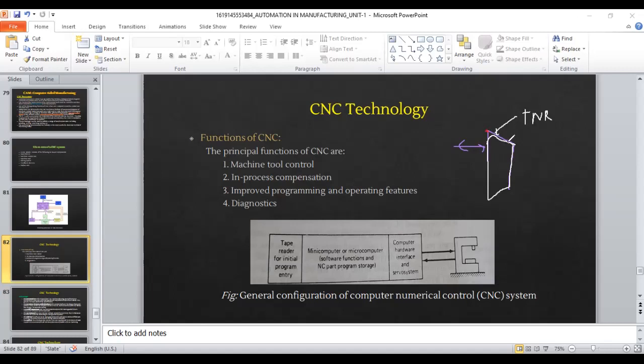The tool tip was the reference point, for when I say the tool should come and touch the workpiece. When I say the tool should come and touch the workpiece here, the reference point is this, the tool tip, because that's where the machining starts, isn't it? That's the point of contact.